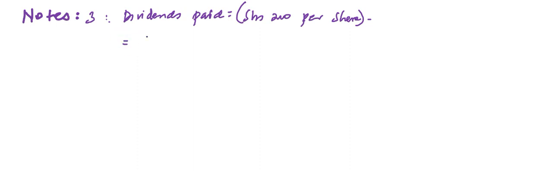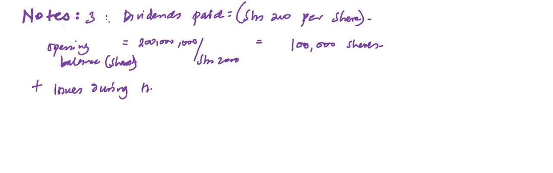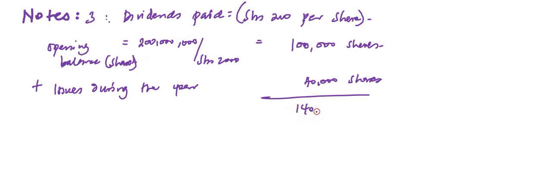So what you do, you get the 200 millions, that is share capital. Of course, I will divide this by 2,000. This will give me 100,000 shares. These are opening balance, in brackets the shares. Then I have to add the issues. During the year, they issued out 40,000 shares. So in total, the company has